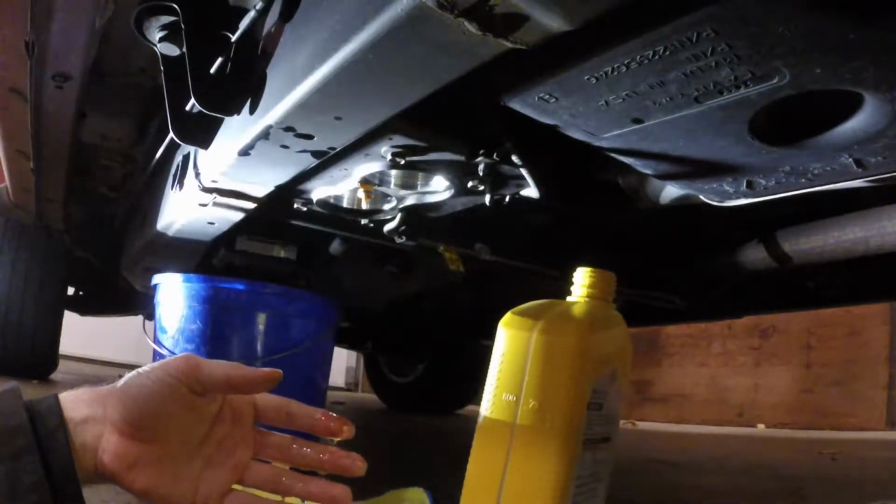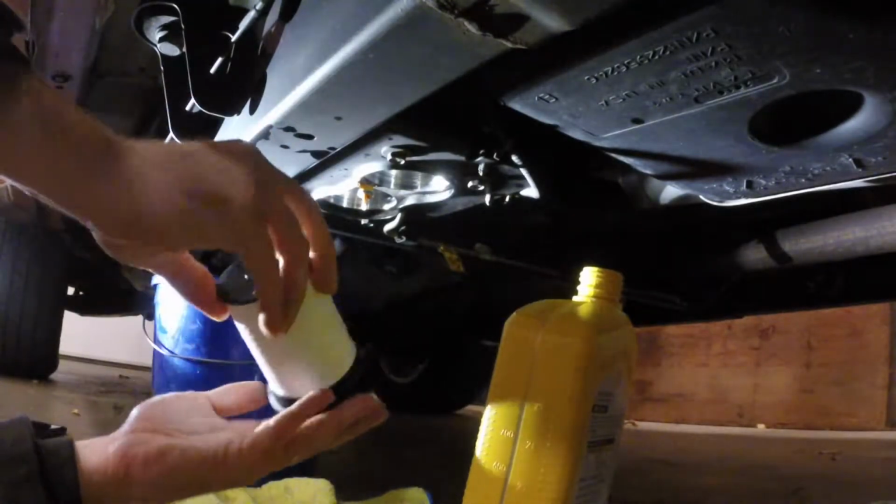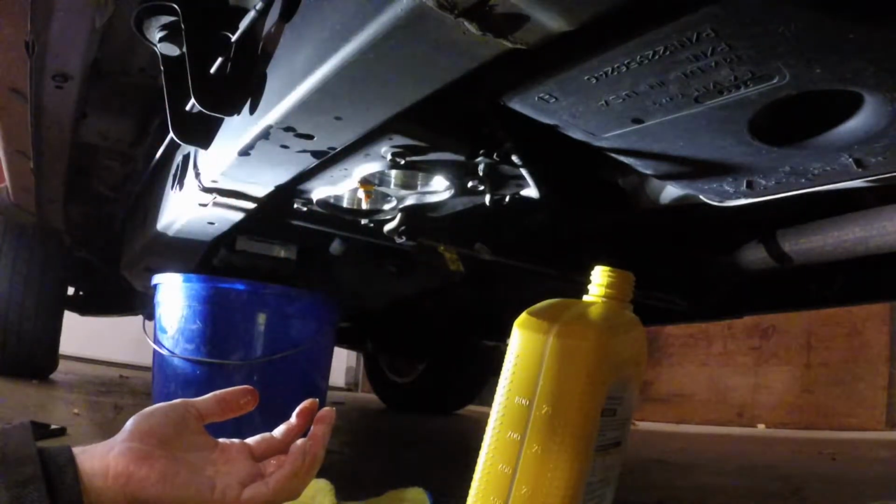Alright, so I got a little old oil here. I dumped way too much on my finger, but we'll just get it on the O-ring